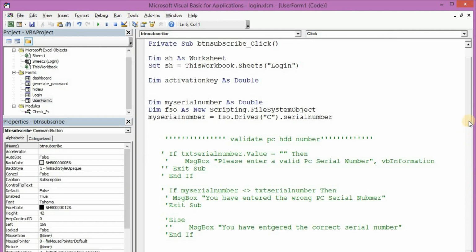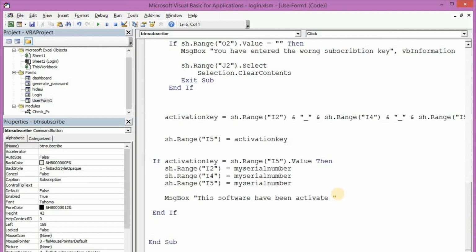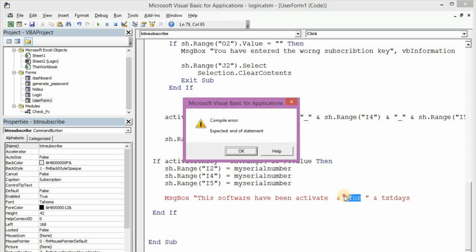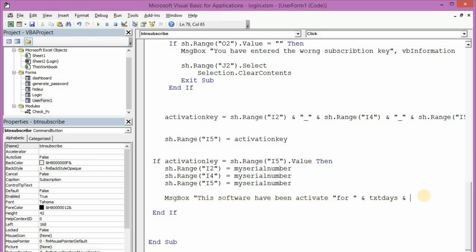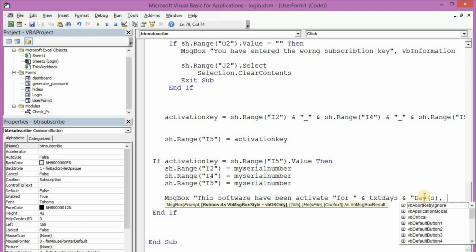So the number of days is going to be, this software has been activated for, and then also the days. And this, so VB